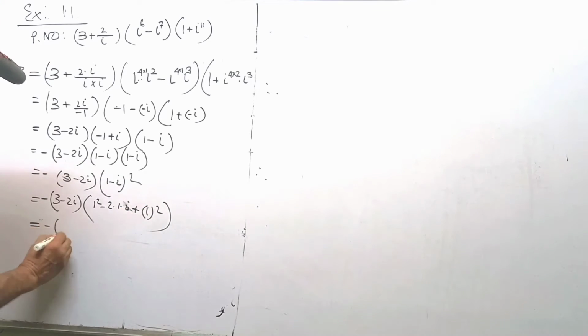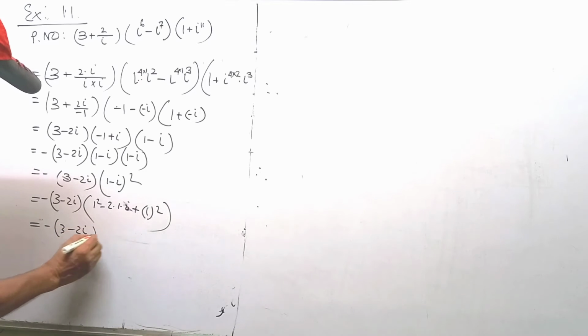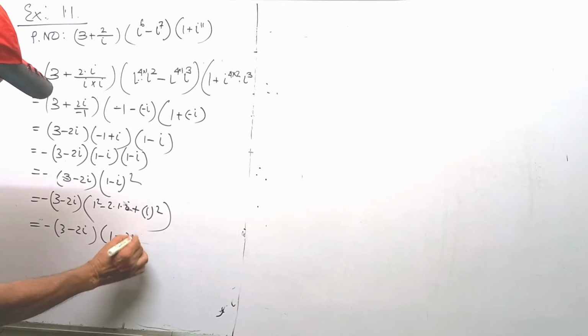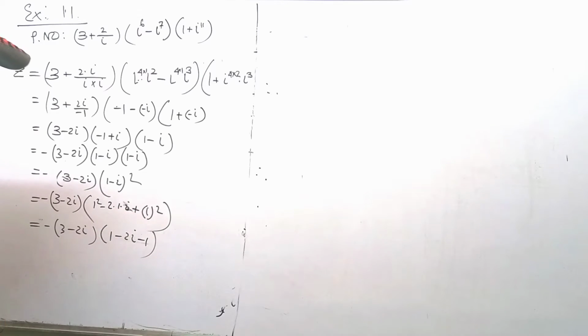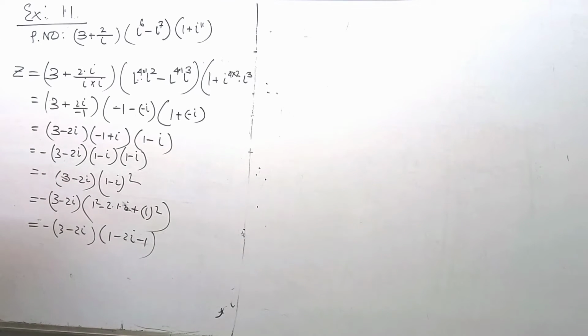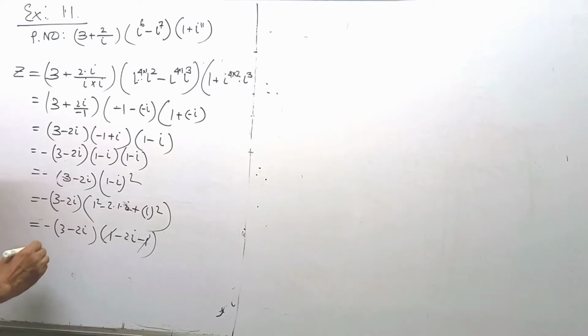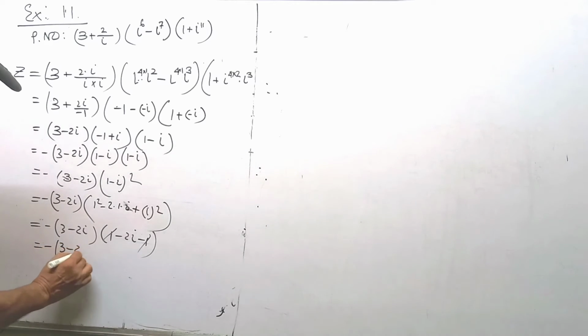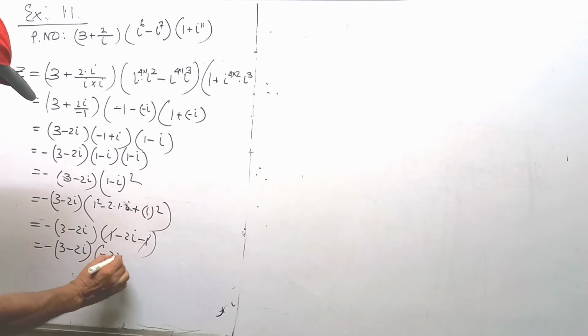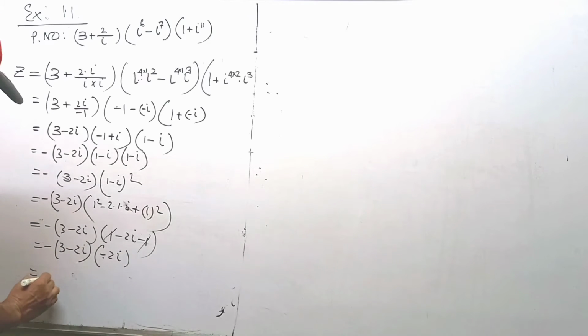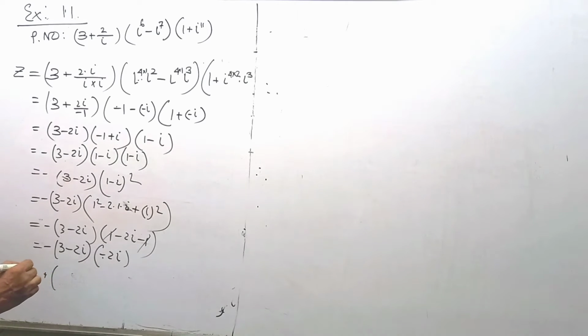Hence we are getting minus 3 minus 2i, 1 minus 2i minus 1. So 1 cancels. We are getting 3 minus 2i minus 2i minus a plus, and we can write finally